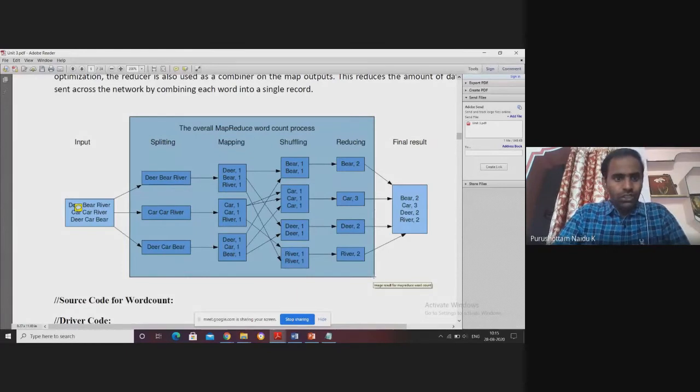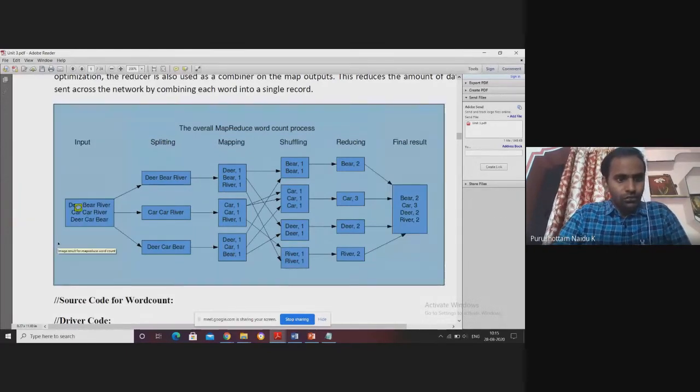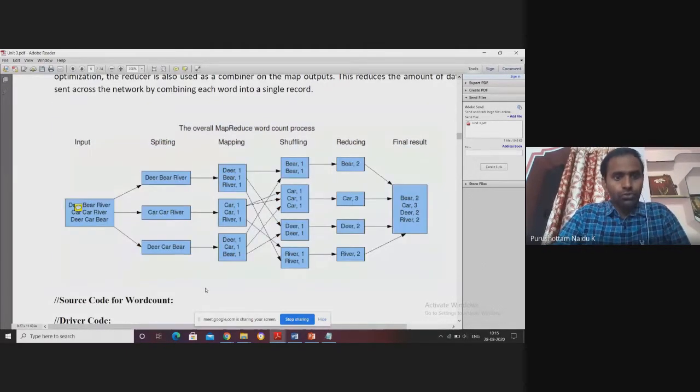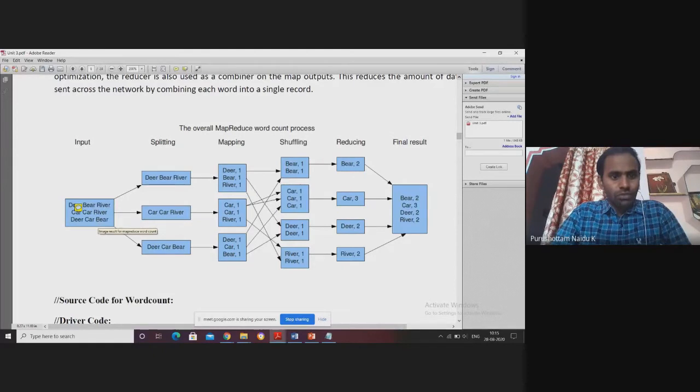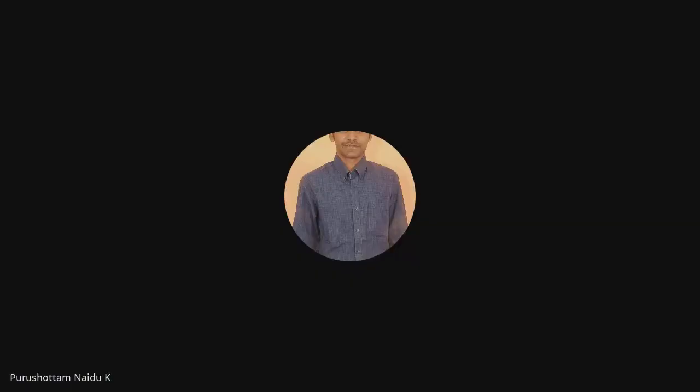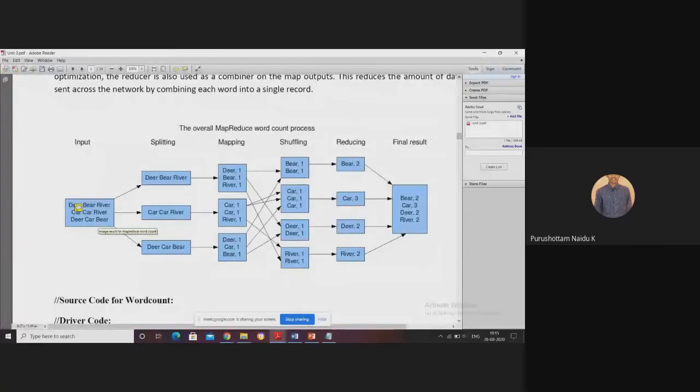So what does it do initially? Once we give input to our MapReduce program, first it divides the input into a number of blocks. In the versions of Hadoop, the block size is 64 MB.